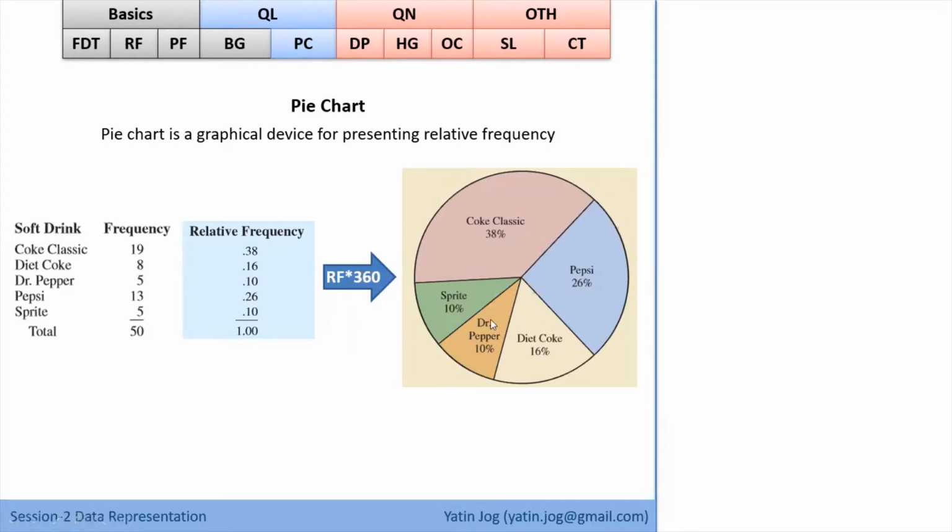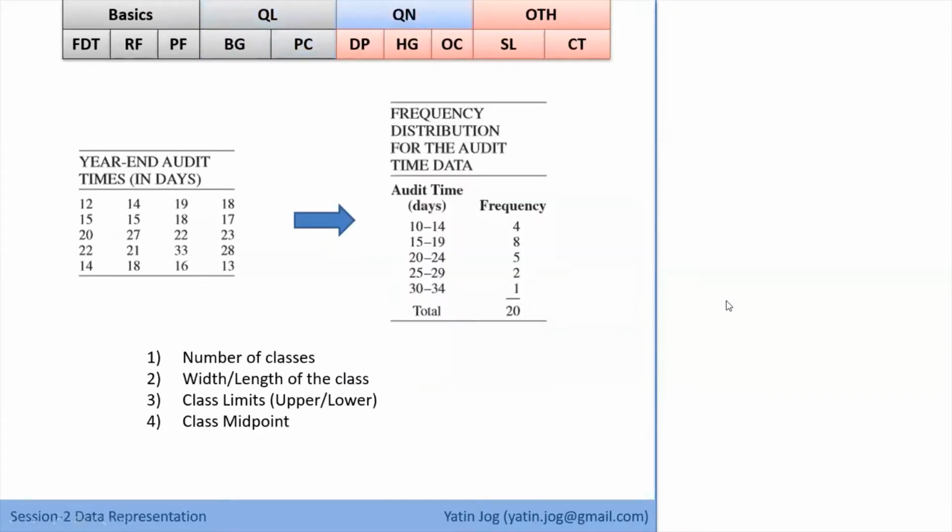All these things are not required in today's world because in Excel, with a single click, you can get a bar graph and pie chart. But still, this is what happens in the backend if you try to draw the pie chart. So this is all about the basic data representation types and the qualitative data types. Now we'll move to the next type of data, which is quantitative.